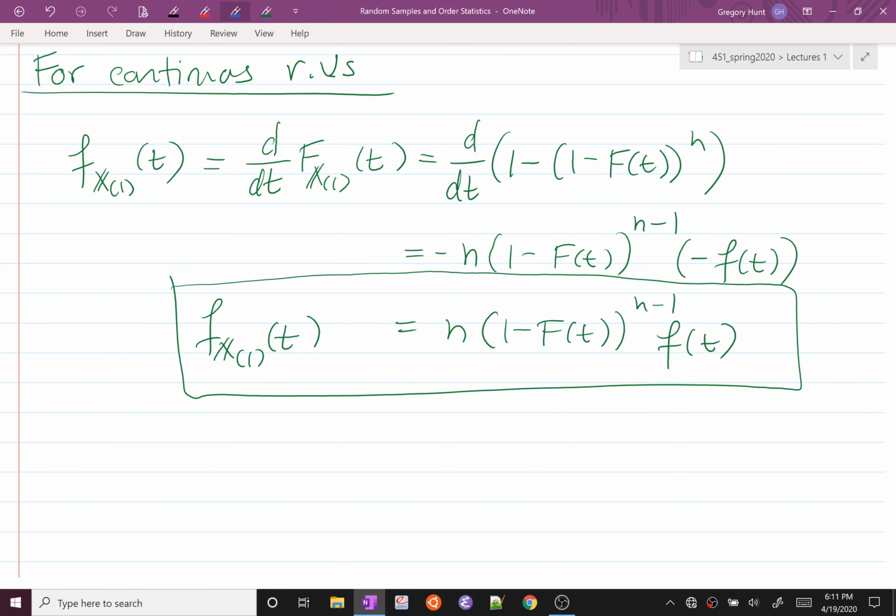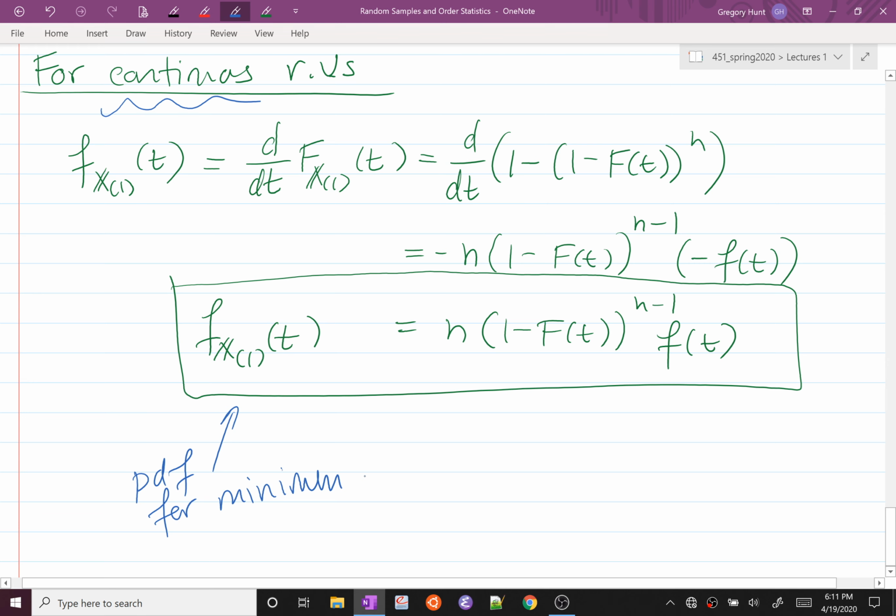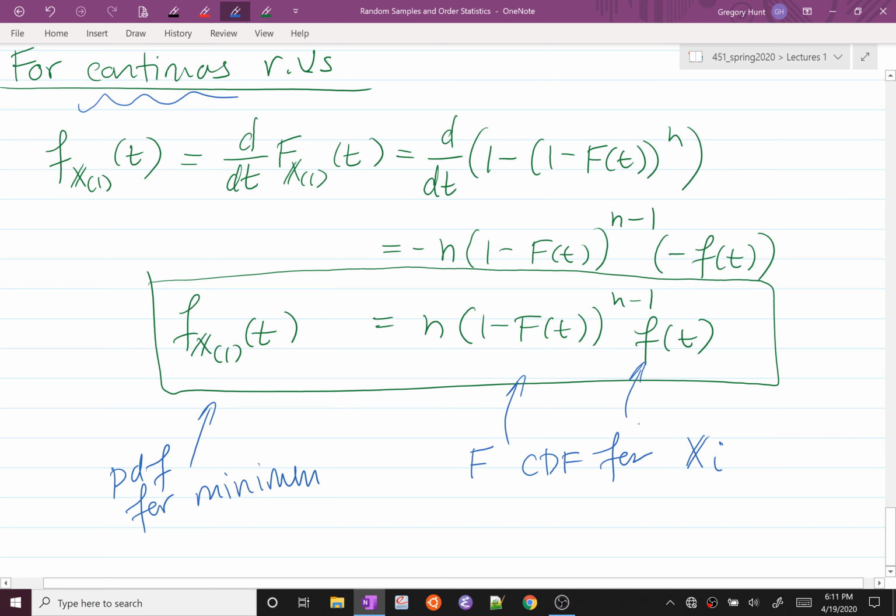So the PDF for a minimum in the continuous case can be derived from capital F, which is the CDF for each of my X of I, and little f, which is the PDF of my X of I. So little f is my PDF, capital F is my CDF, but I can derive the PDF for the minimum